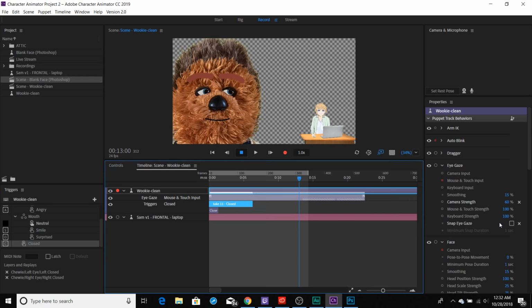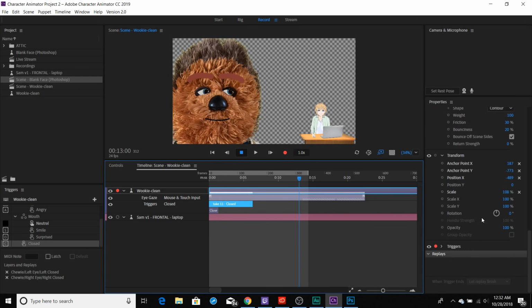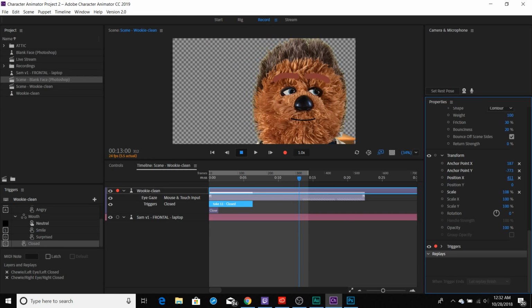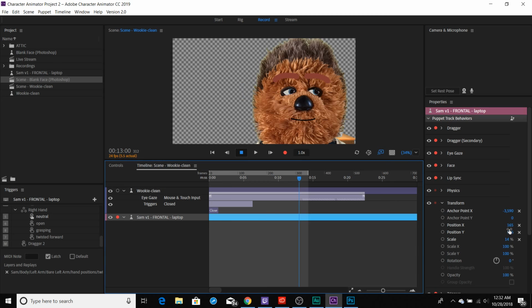He's looking this way for a while, but maybe I come along later on and I decide I really want the Wookie over here, and Sam should have been over on this side. And now the Wookie's not looking at Sam anymore. I know, these annoying directors, they shouldn't change things like that, should they? But let's just pretend they did. So what we can do,